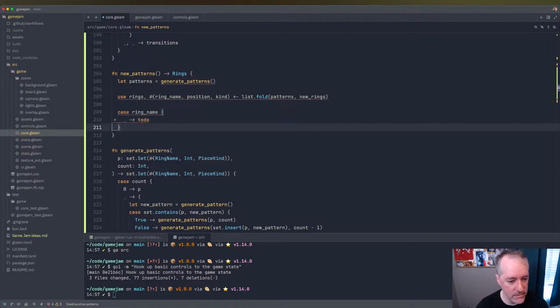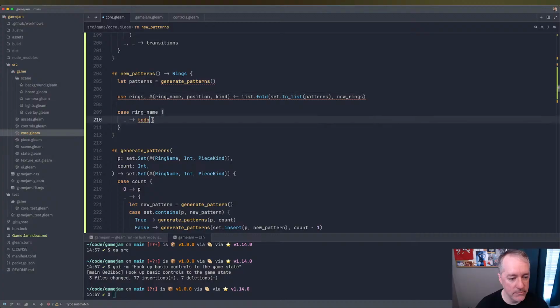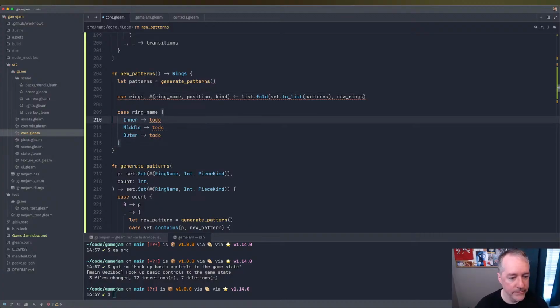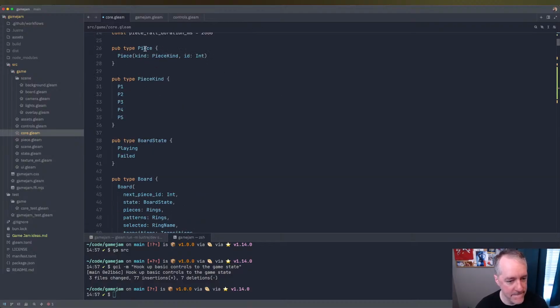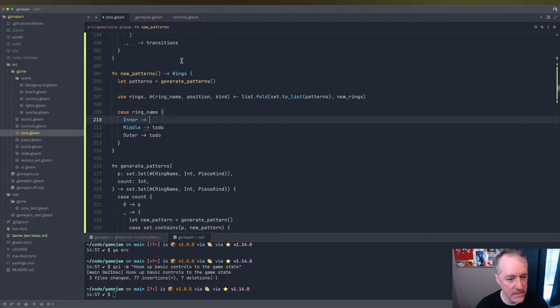And let's do add missing pattern. Oh, for Pete's sake, it just doesn't know what that is. We need set to list. There we go. Now it should know what that is. Okay, so we need to kind of generate a piece for that. It's just a kind and ID, so